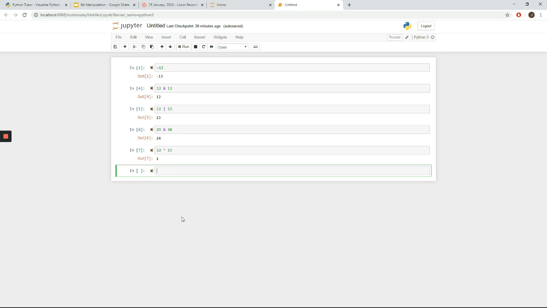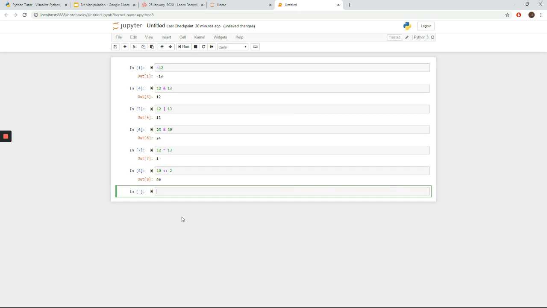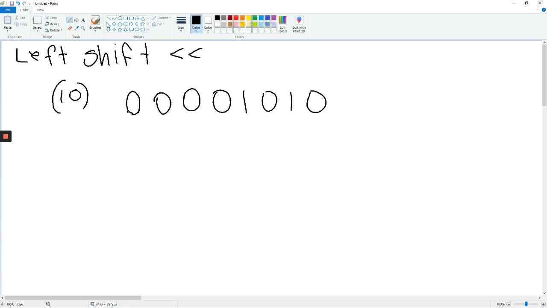Now left shift. All right, we're going to use two less than signs, and let's go with a 10 with a left shift of 2 bits. And here our output is 40. So why 40? When we manually calculate 10, we end up with 4 zeros and a 1 0 1 0. Then a left shift operator of 2 will shift 2 bits to the left. So here if we're doing 10 with a left shift of 2 bits, we're going to shift this over 2